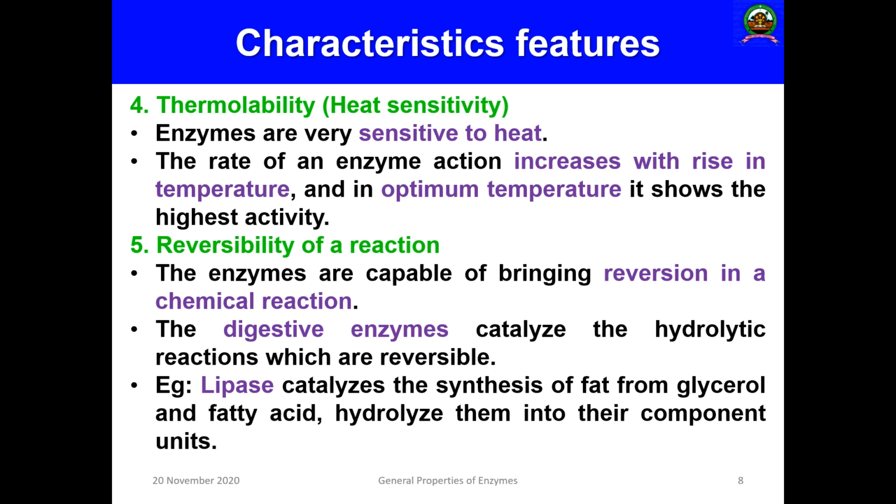If you increase the temperature, what will happen? The enzymes will be denatured due to the heat accumulation. The tertiary structure of the protein will be degraded or distorted, and the active conformation will be destroyed. They lose their function. The polypeptide will completely unwind from the native structure to the non-native structure. So the rate of enzyme action increases with the rise in temperature.